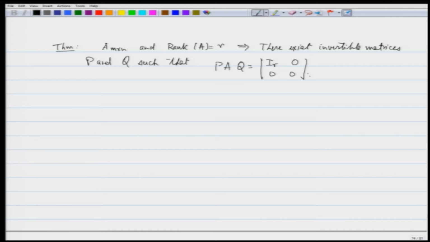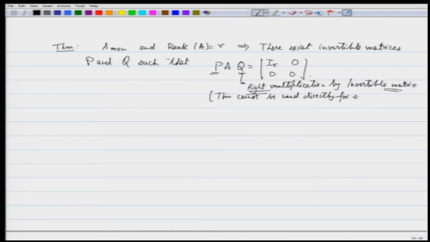All right. So the important thing is, till now we have been doing only left multiplication. Here we are multiplying on the left as well as on the right. So there is right multiplication also, by an invertible matrix. Since I am multiplying on the right, this idea cannot be used directly